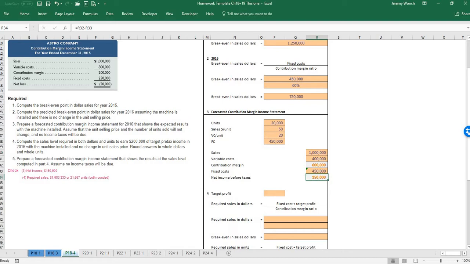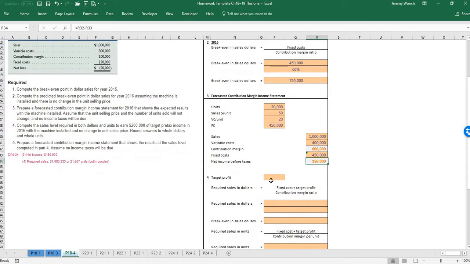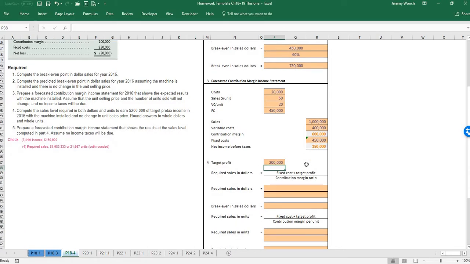Okay, so part 4. It says compute the sales required in both dollars and units to earn $200,000 of target pre-tax income in 2016 with the machine installed. All right, so our target profit, we want to have a net income of $200,000. And so the only difference between our target profit formula and our break-even formula is within fixed cost, we just do the exact same formula, but we add the target profit to it. So really simple, really